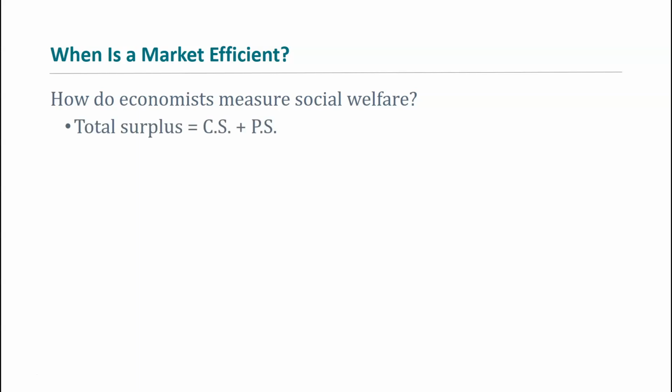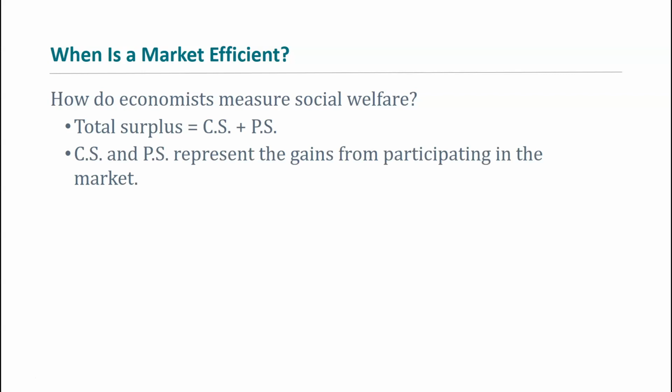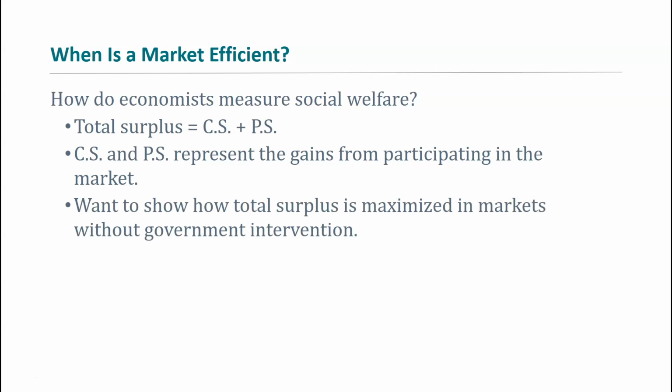So total surplus is the consumer surplus plus the producer surplus. This tells us all of the gains from trade in a market. Right? So we add the gain to the consumer plus the gain to the producer, and it gives us the total gain from trade within a market, the total surplus in a market. And we'll show on the next slide how total surplus, total gains from trade, are maximized in a market without government intervention. When the market is allowed to move to the market clearing price, that equilibrium point where